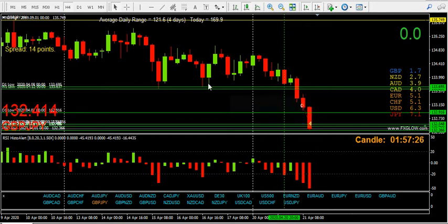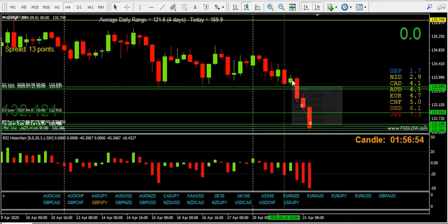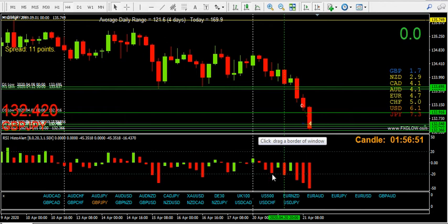So once we'd broken some levels of support, remember, look at this as well, there's a pullback, so you could even just say it's broken that support there, and there's a pullback. Tests and retests, old support becoming new resistance. Remember, SBR, tests and retests. That there was probably about the time I took my GZ long, something like a 35 pip move there. You can enter that using the